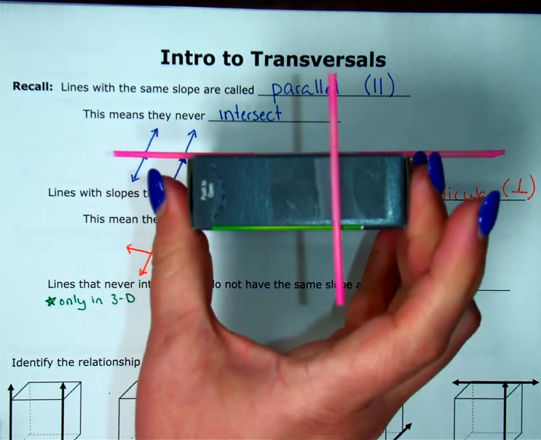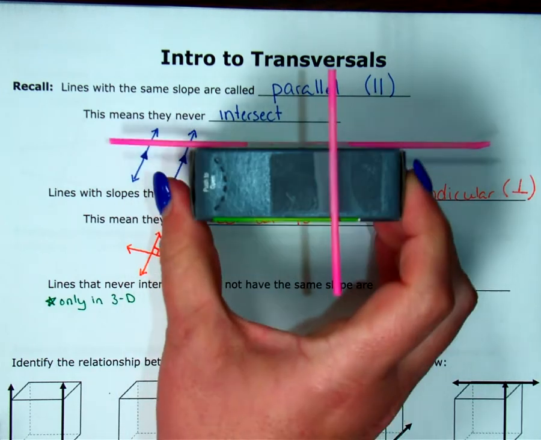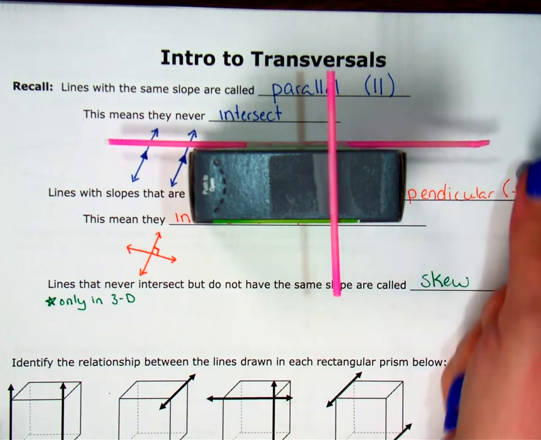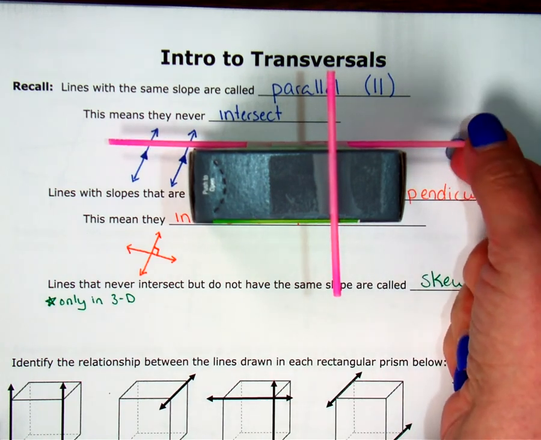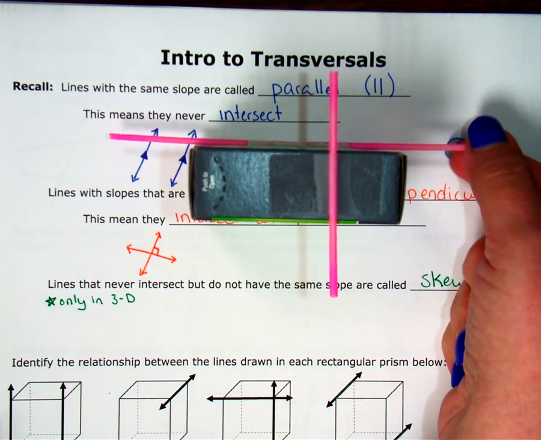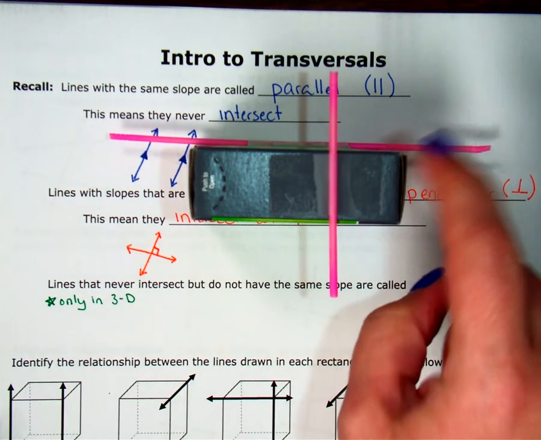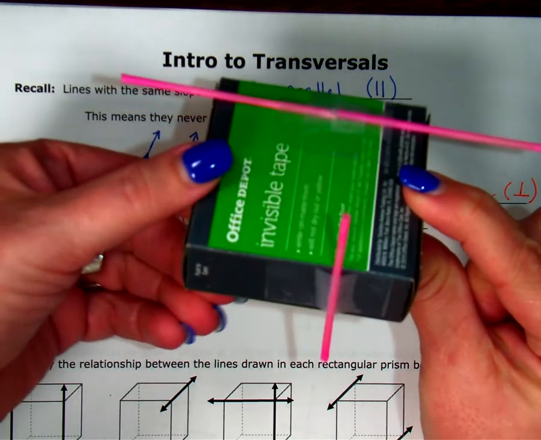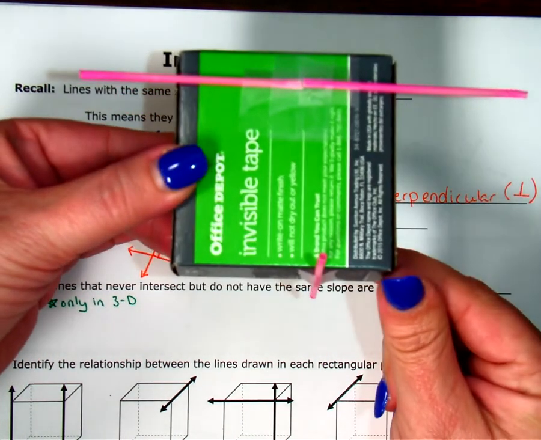So here I have a box of tape. Okay, it's just a little box of tape. If I sit this like this and I look at these two segments, this pink segment here and this pink segment here, it looks like they're perpendicular. It looks like they're going to intersect right here at 90 degrees. But if I pick this box up and I turn it, we can see that no, in fact, those two